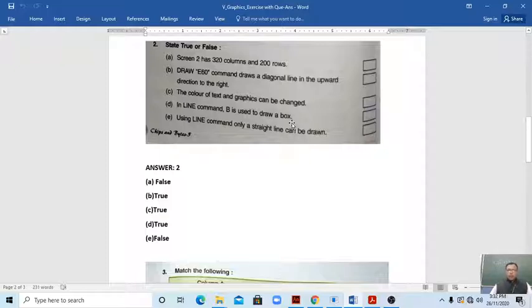Next one is, in the line command, students, the line command can be used to draw a box. This is given also. This is true. And at last, using the line command, only a straight line can be drawn. After that, students,